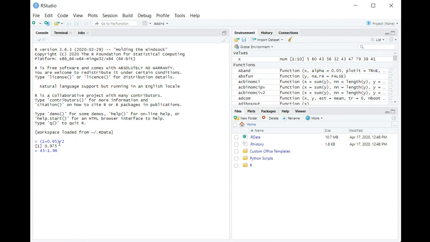No, hold on, not yet. Times 5, which is that standard deviation, and then,